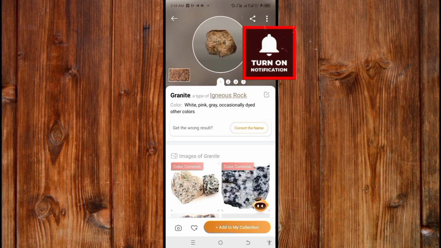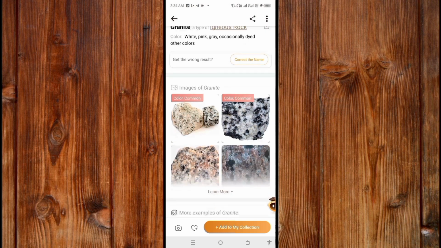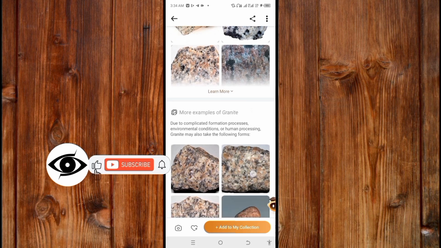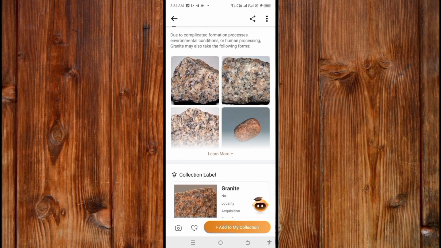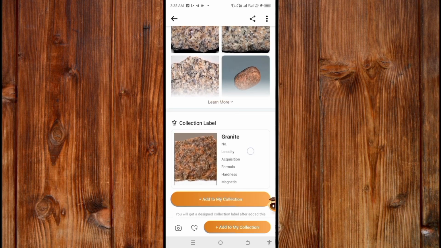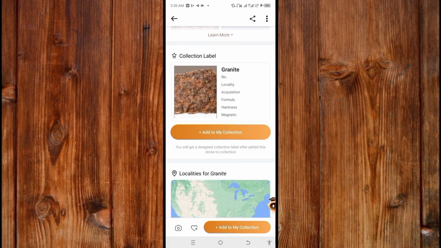Now as you can see, it is complete. Now you can see the color of the rock, you can see the name here. You can also get more detail by sliding down here, you see it, and you can also see it shows you the quality of the rock, and also here